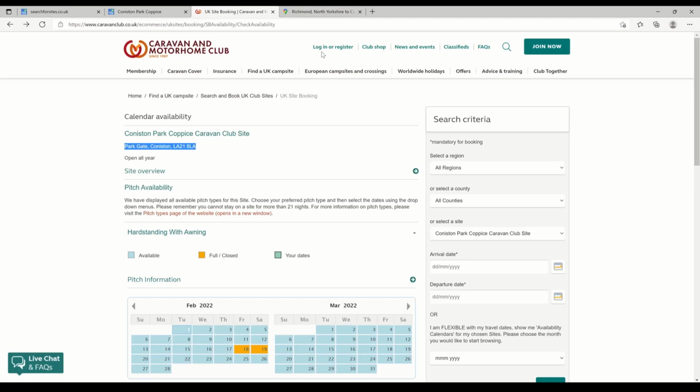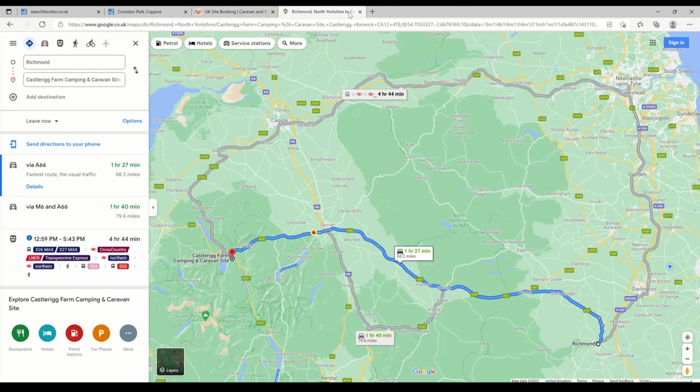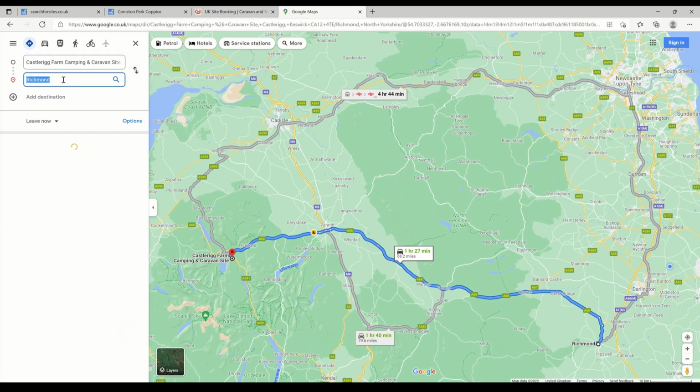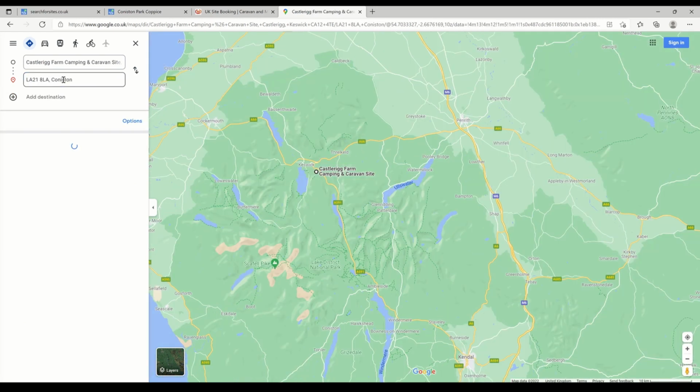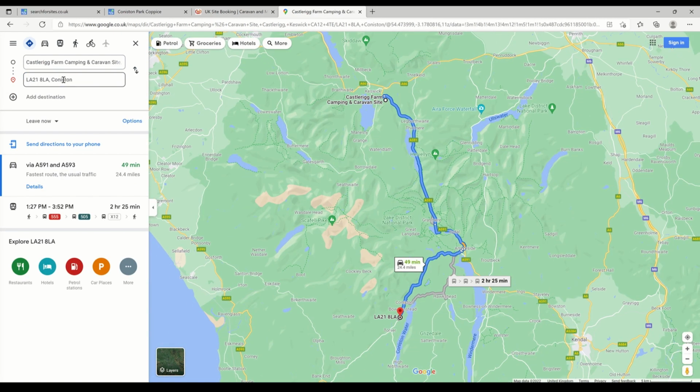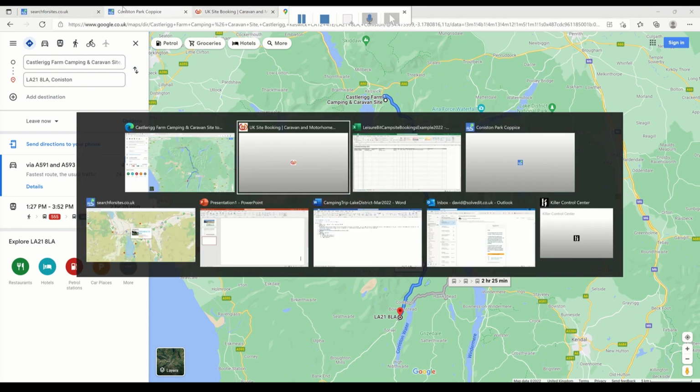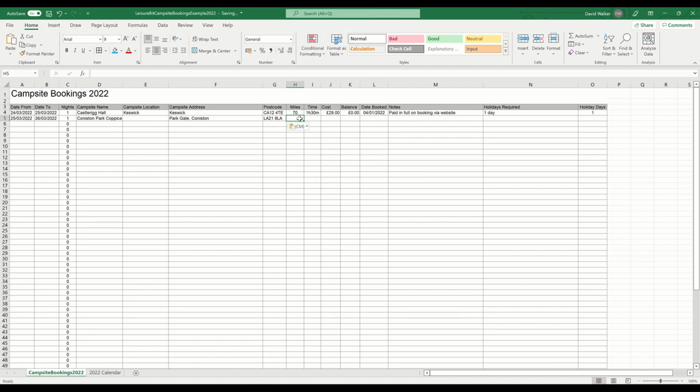So if we go back to our Google Maps, and I'm going to switch them around, this is going to change that to that postcode, and that'll give us the distance between the sites. So it's 49 minutes and it's about 25 miles. So we'll go back there, 25 miles,